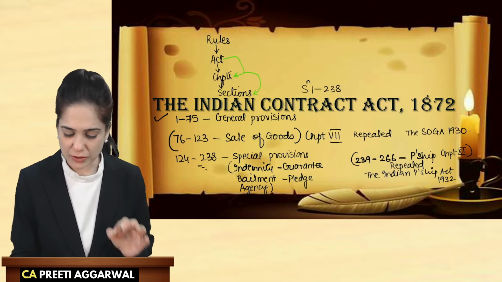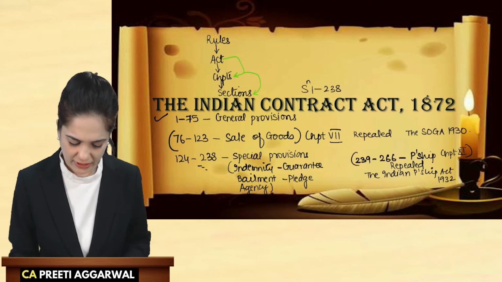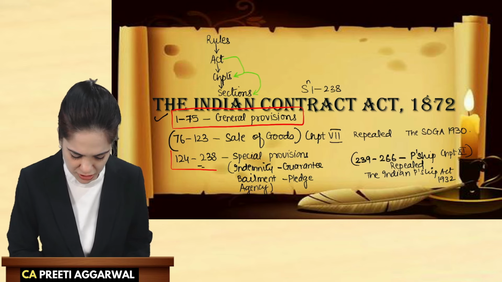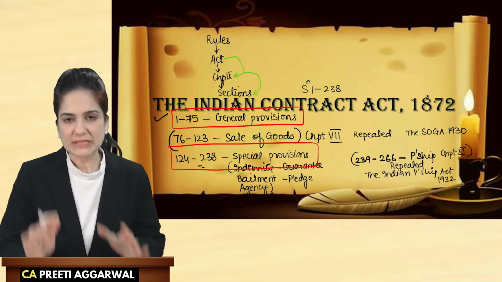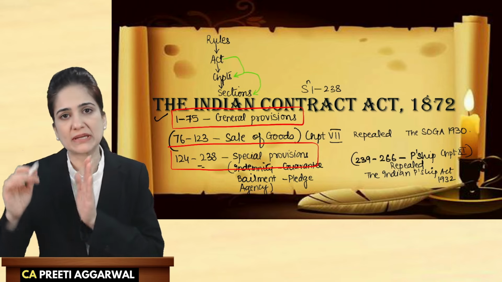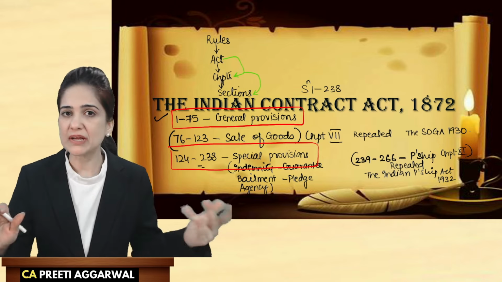So if you see today in the Indian Contract Act, you will find the general and the special provisions only. The Sale of Goods Act, the entire chapter, and the Partnership Act, entire chapter, were repealed and